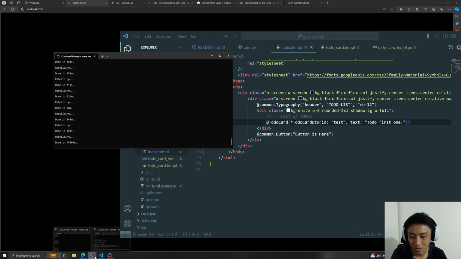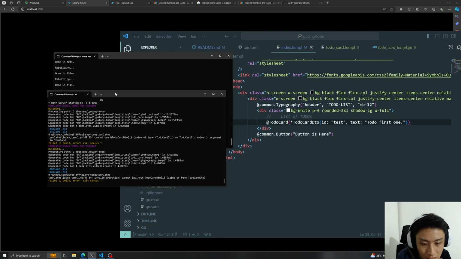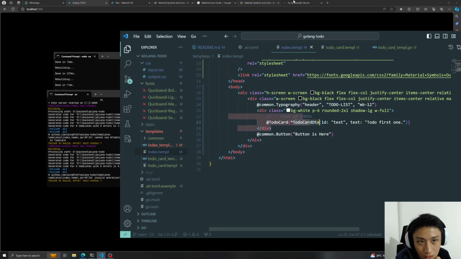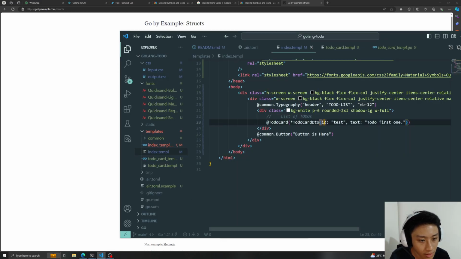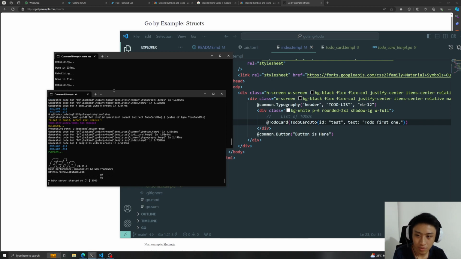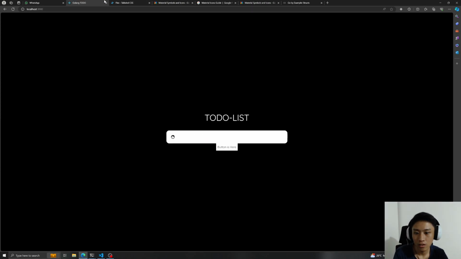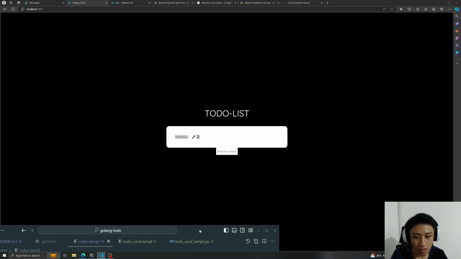Okay, sometimes it's really hard to... invalid operation cannot indirect p of name, id of test. Is it just simply an object? Oh, it's just simply an object. Okay. Oh, nice. To do first icon,